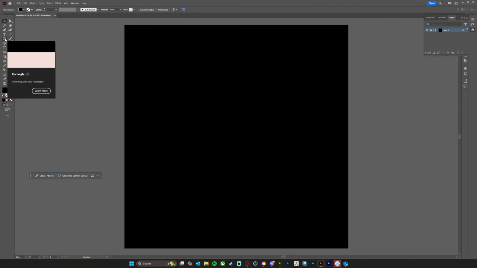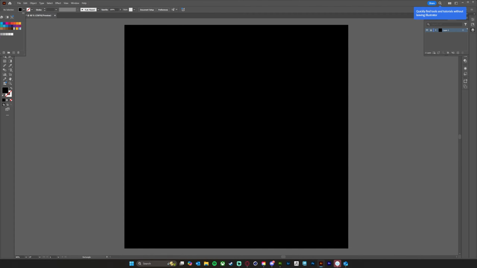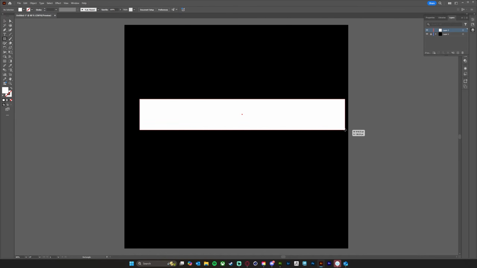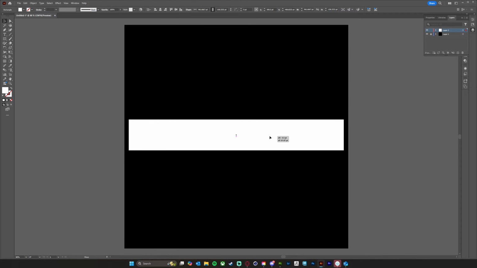And then for the square, this is going to be a white color. So I'm going to go ahead and go to my shape tool and just make sure this is a white. So it's just a black and white image. And then we're going to make a new layer here. And then we can just draw out our rectangle. And I'm going to go not all the way to the end, but maybe something like that. Put that in the middle. So I think something like that about matches my reference. Maybe it's a little bit